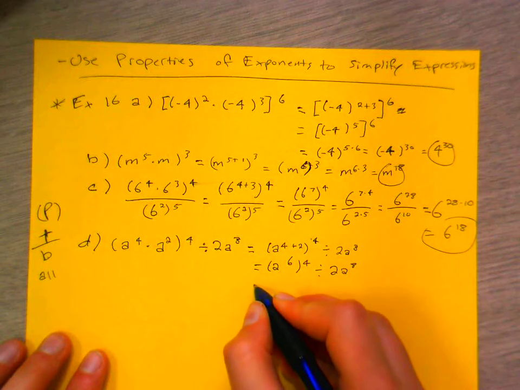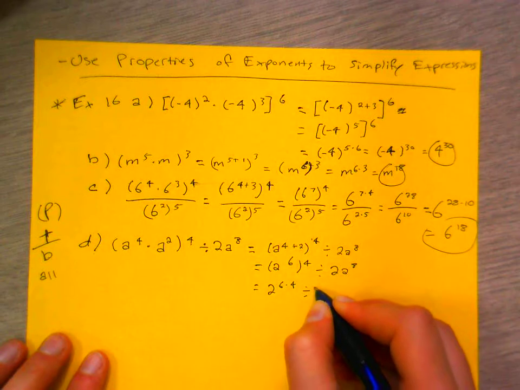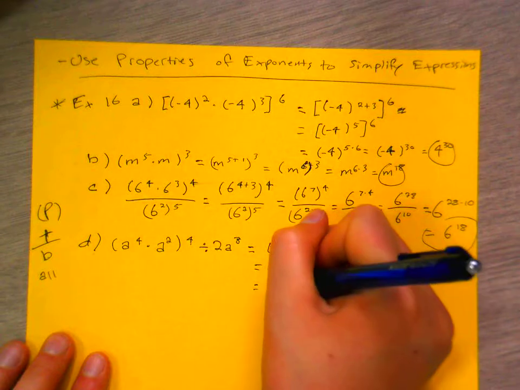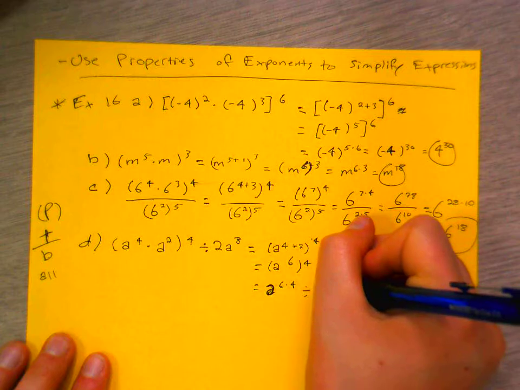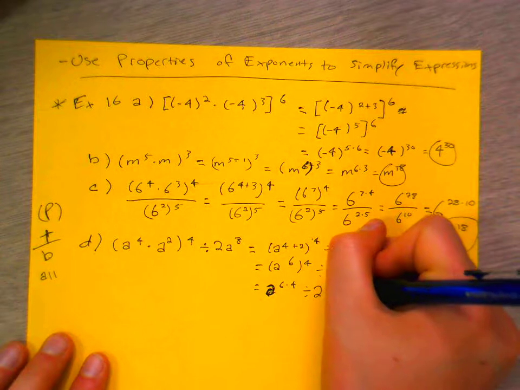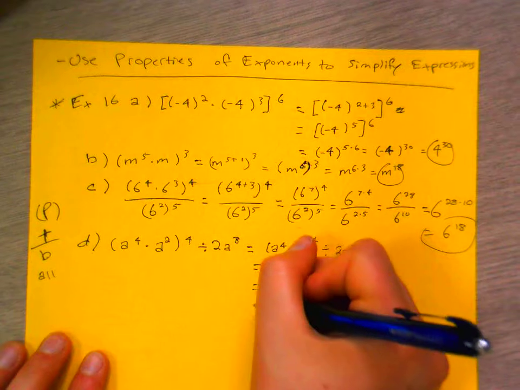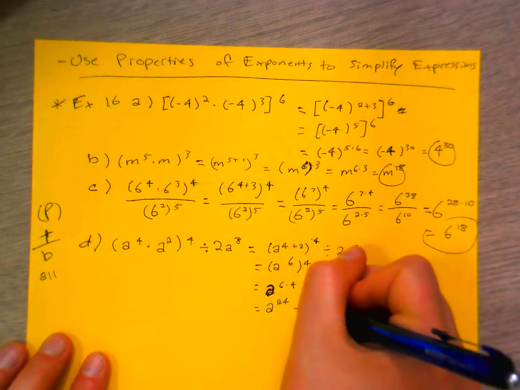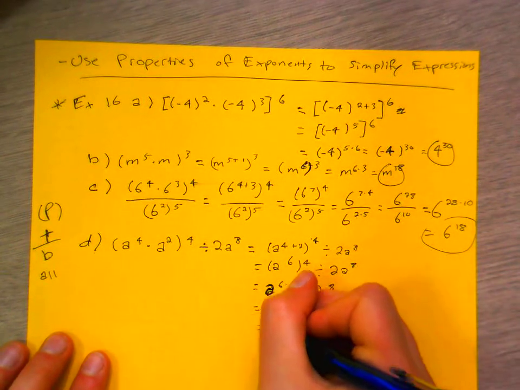Let's simplify this even more. a to the 6 times 4 up here, divided by 2a to the 8. Oh, I'm sorry. My a's and my 2's look very similar. That's a. This is 2. I'll bring these a little bit higher. There's a bigger space there. 2a to the 8 equals a to the 24 divided by 2a to the 8 equals